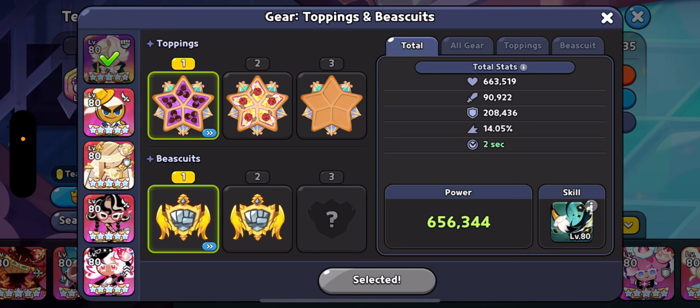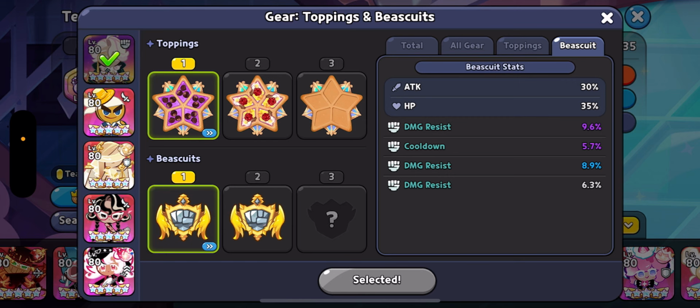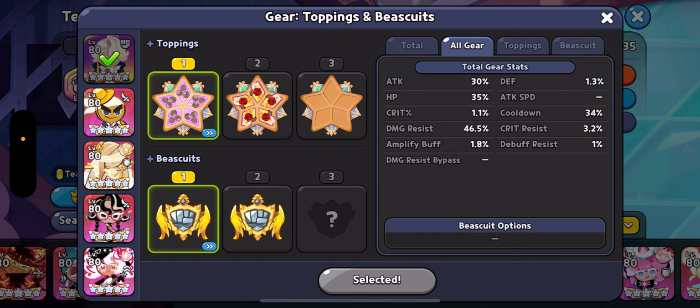So Camellia Cookie is going to want to be running damage resist and cooldown toppings, obviously. But the Biscuits want to have 3 lines of damage resist and 1 line of cooldown. If you can get this good of a line of stats, use it. But he doesn't really necessarily need 34 cooldown. He can be fine with 30, 29, 28, but you're going to really want to stack up on that damage